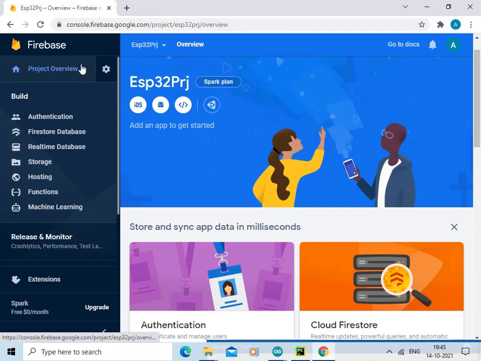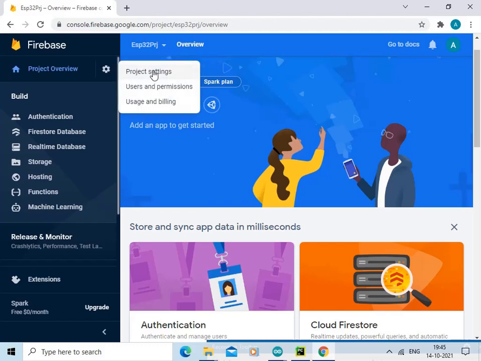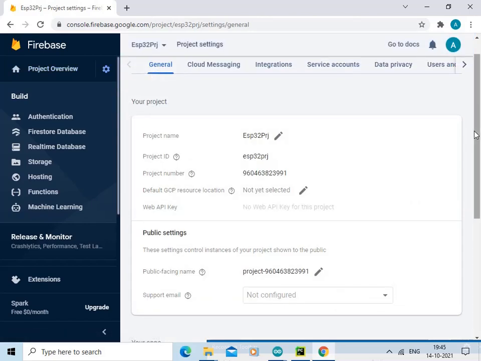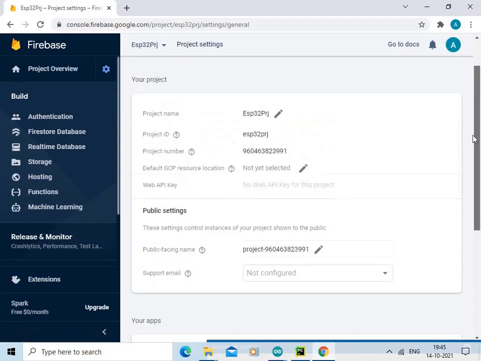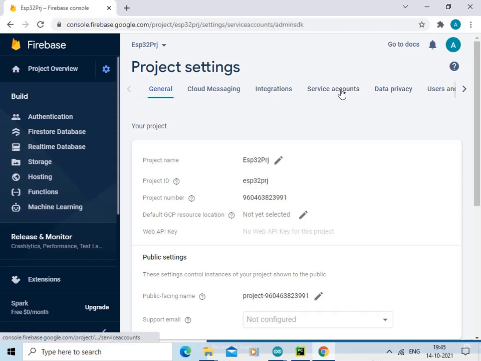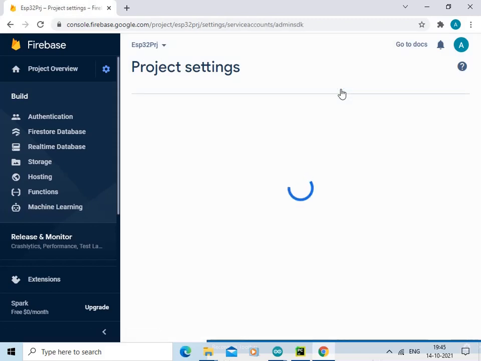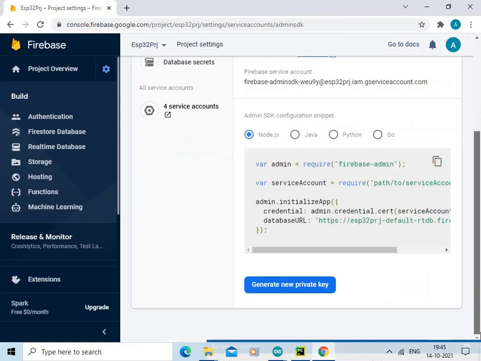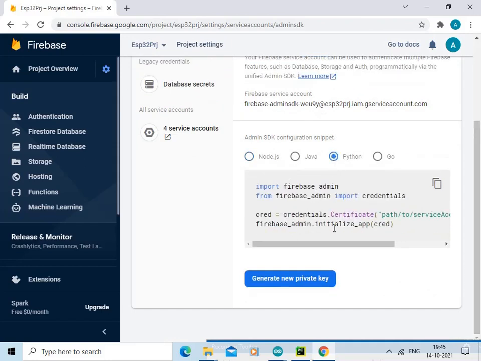Go to project overview, go to project setting, then go to service accounts, select Python and generate new private key.